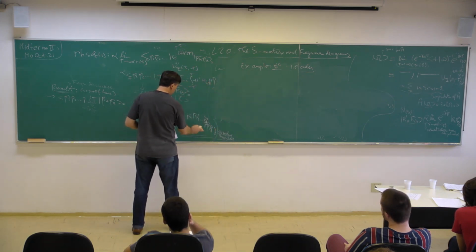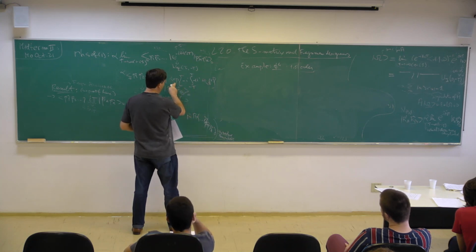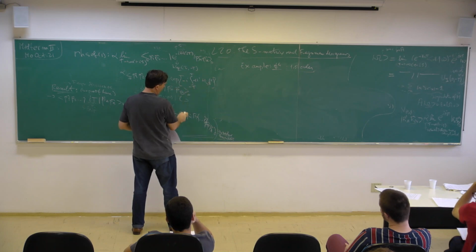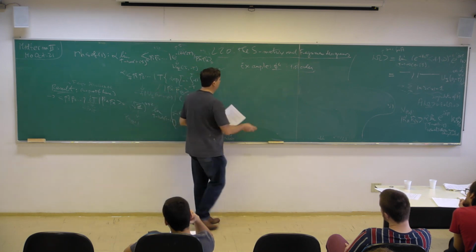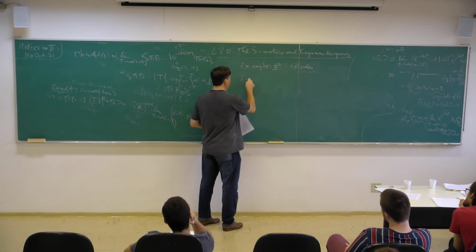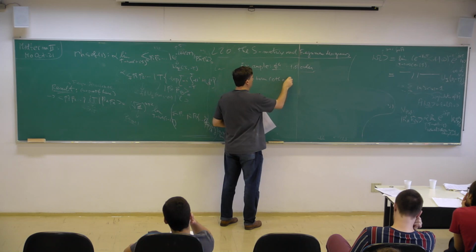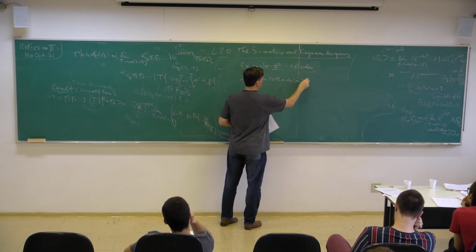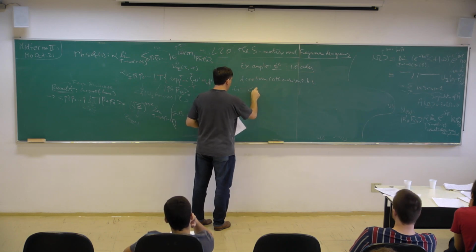The free term on this side. So if I look in here, I have time order exponential of something. So the free term, the zeroth order term, is just when I have the product of the two states, right? So the free term, zeroth order, on the right hand side is,